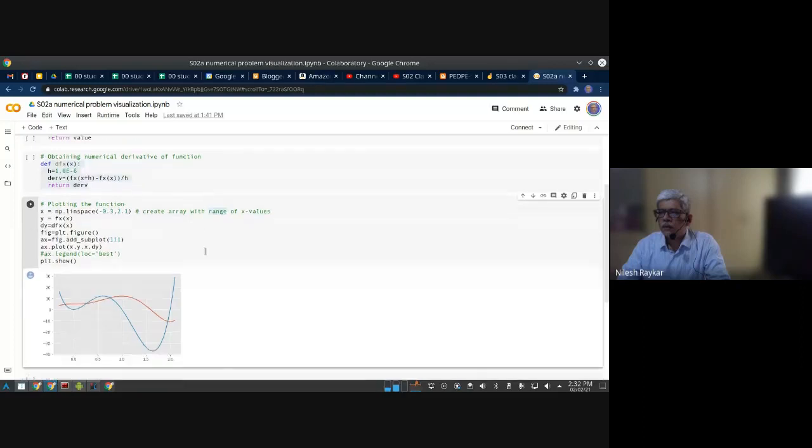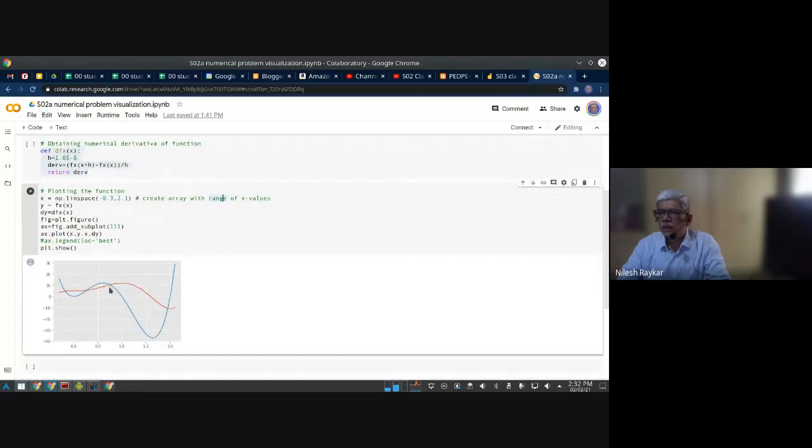So the red color thing is the actual function and the blue color thing is its derivative. So the derivative function becomes 0 at 3 points. So it becomes 0 at x equal to 0. So that is the first solution we got. At x equal to 0, you will see that to the left of 0, the function is dropping, and to the right of 0, the function is rising. The red color line is the function line. So this is a point of inflection.